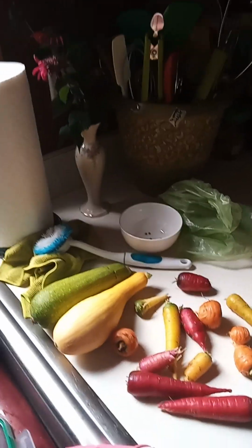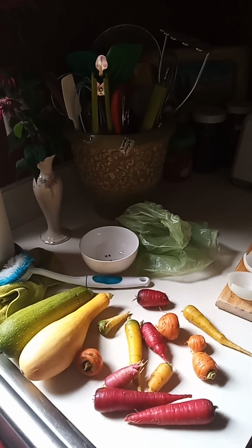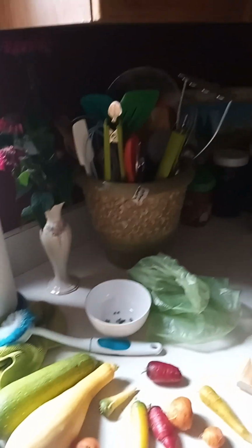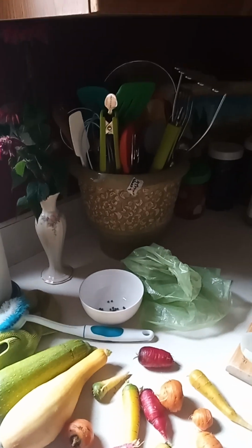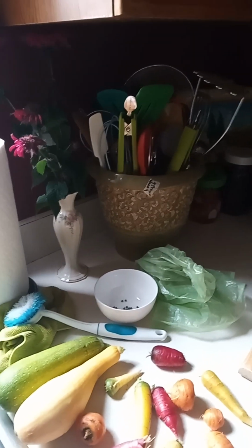So the butcher by us was $1.99 a pound for chicken cutlets. They'll slice it however you want it. If you want it really thin, if you want it thick, whatever. That's where I got my chicken cutlets. I didn't think anything of it. And a lot of people I know still get their chicken cutlets there. And this is not a video to shame you for your choices. It's a video to let you know